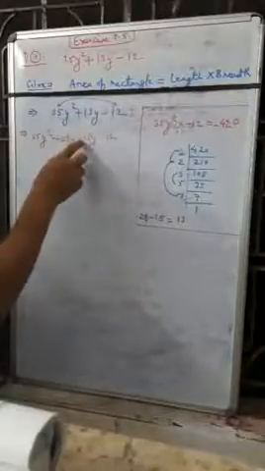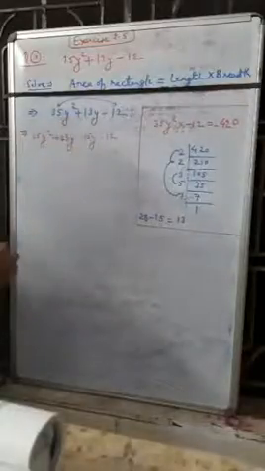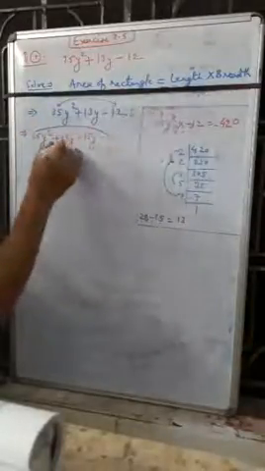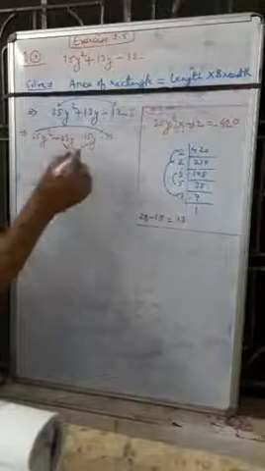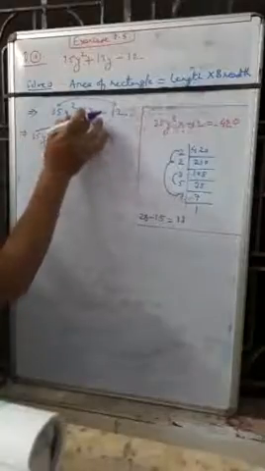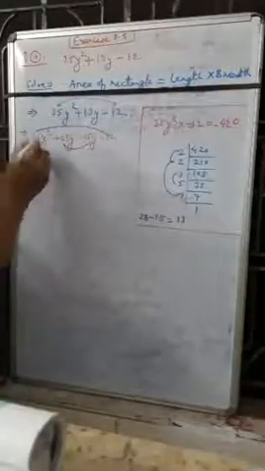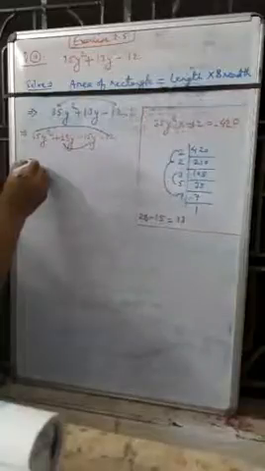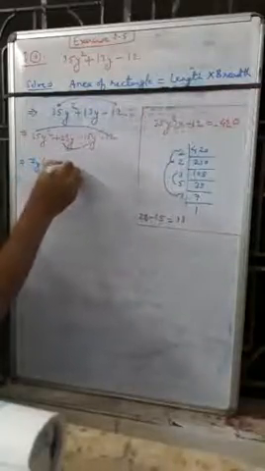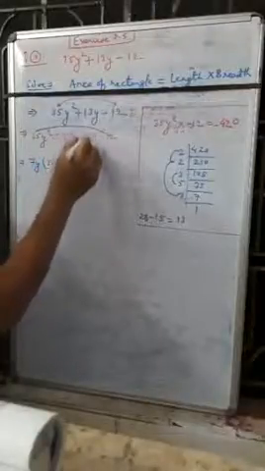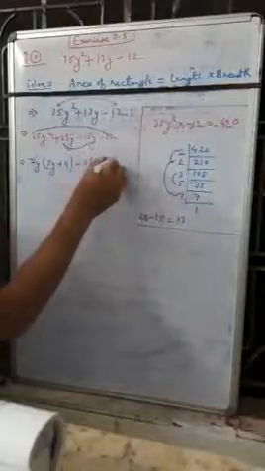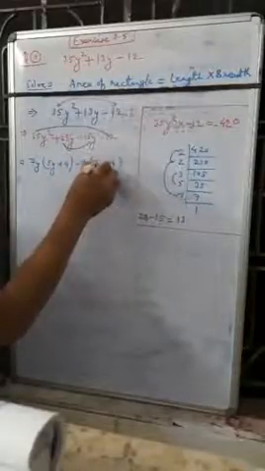So 28 minus 15 we will get plus 13, and if we multiply the first and last term, 35 into 12 is minus 420, and 28 into minus 15 is equal to again minus 420, and if you subtract each other, you will get 13 here. So now we can take the common. The maximum common is equal to 7y. 7 times 5 is 35, and 7 times 4 is 28. Minus here, you can take the maximum common as 3. So 5y minus, or 4, so minus will become plus 4.